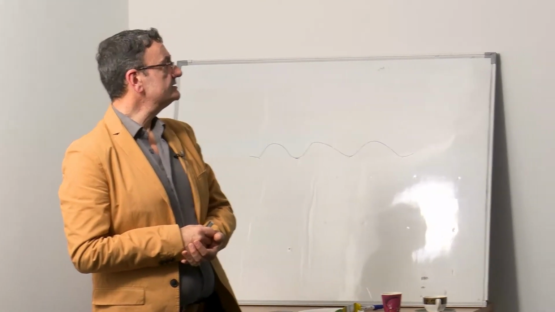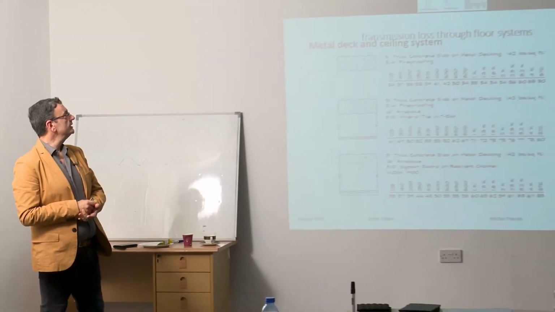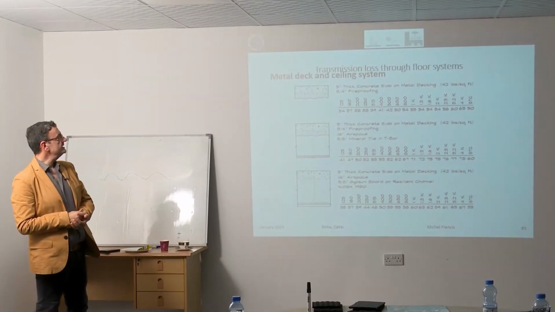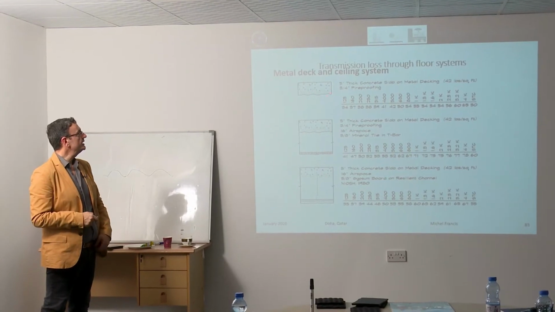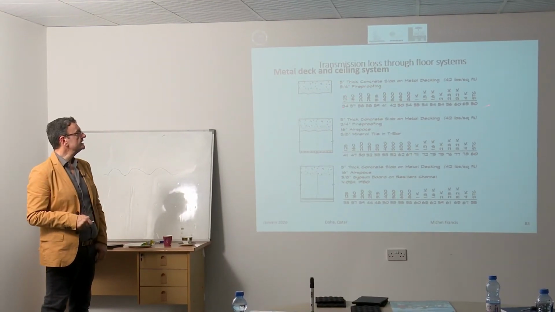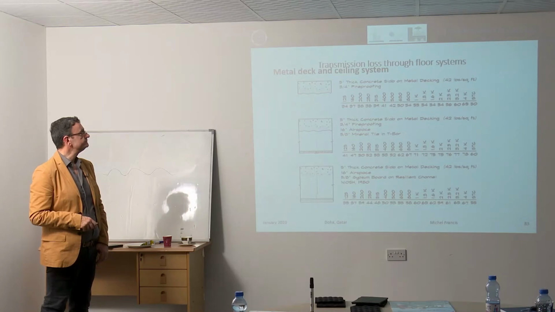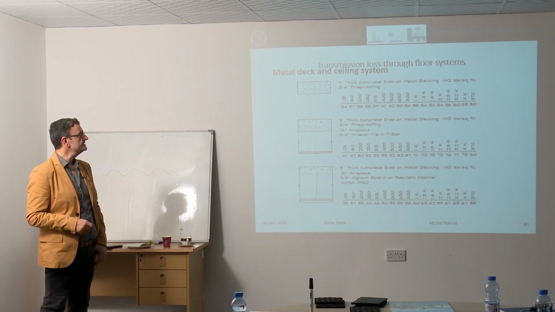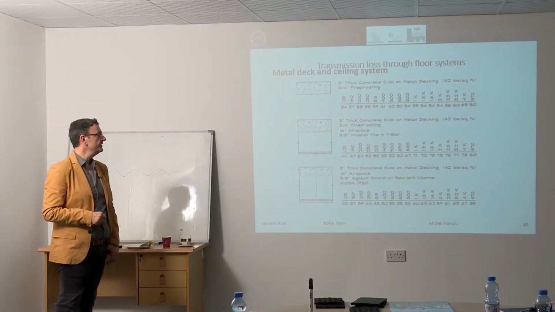Now we start something related to your actual material. So we have now metal decks and ceiling systems. The first one, 5-inch thick, is going to give you 50 STC. This one with a ceiling of mineral fiber tile is going to go up to 60. And if you get gypsum board and resilient channel, that's going to give you 55